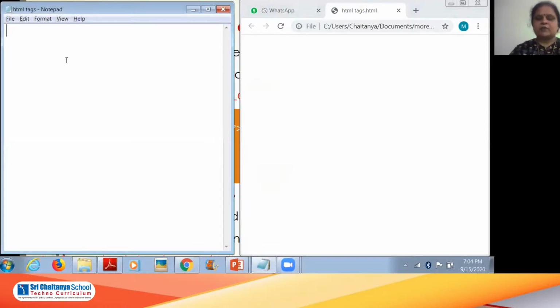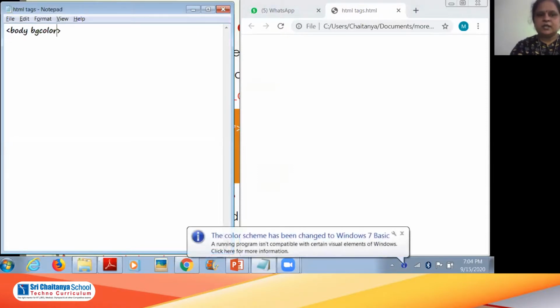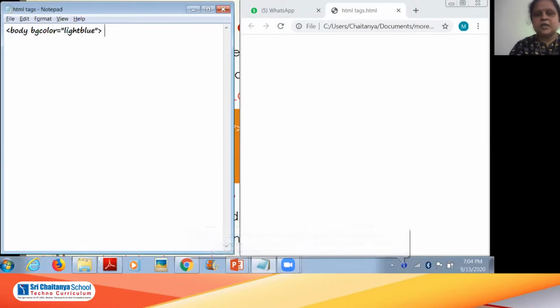Here I will use the body tag, then bgcolor equals, and within the double quotes I will write light blue, then close the tag, and I will write: we are learning how to change the background of the web page.